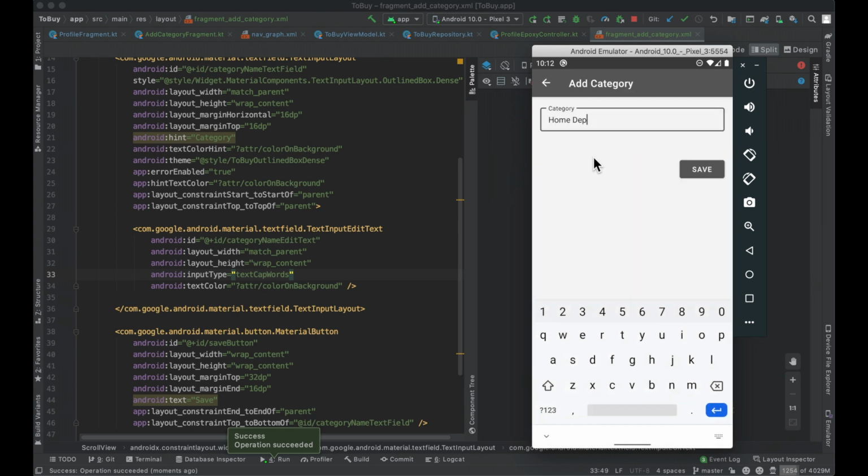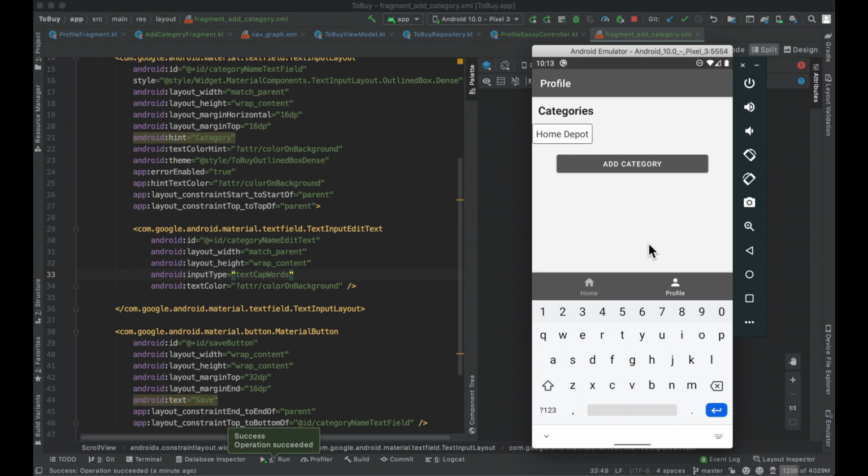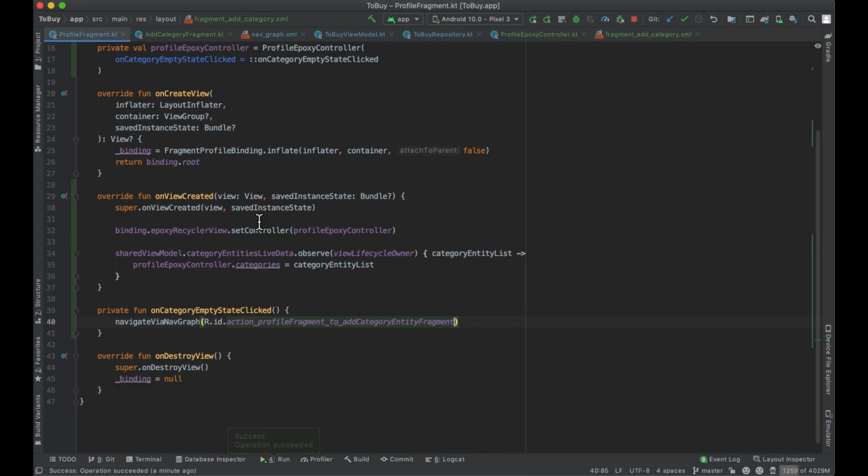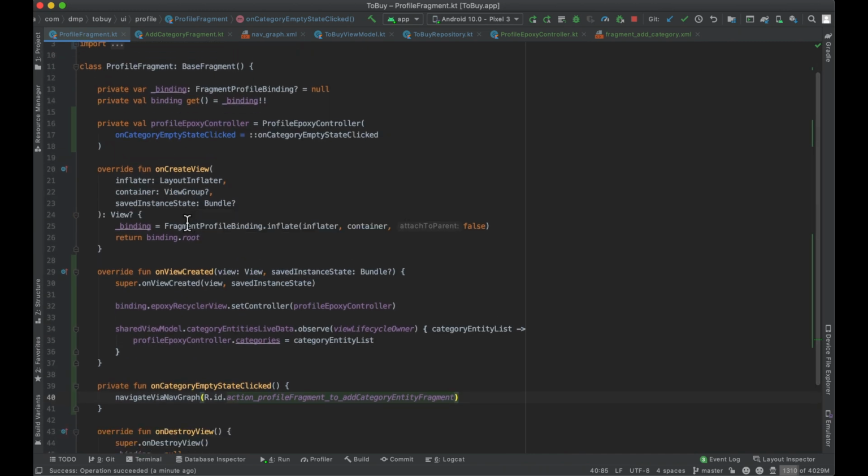So if we just go ahead and add Home Depot here, okay, for some reason this wasn't updating here, but you saw it work there as far as Home Depot was capitalized. And then if we hit save, we're going to go ahead and have our little item here navigate up. I guess we could also try to close the keyboard, which I guess we should actually end up doing on the profile fragment whenever we